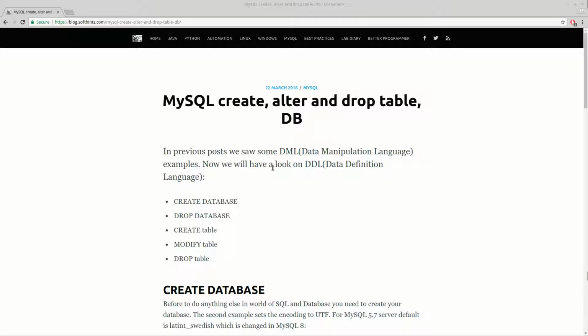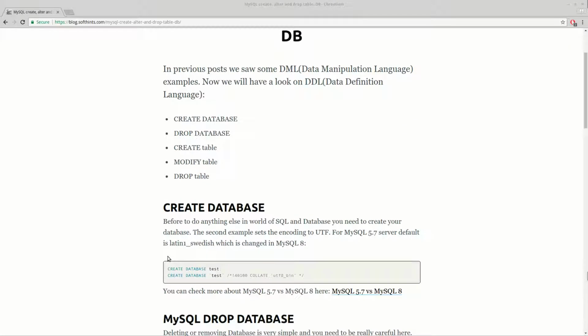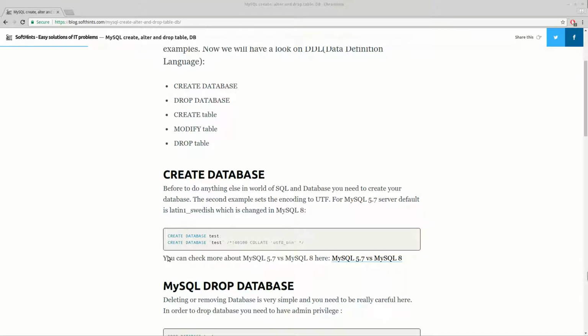2018. Today we will see some DDL or data definition commands, which are about creating databases and tables and dropping or modifying them. In the previous example we saw some data manipulation commands like update, create or insert. So before you do anything with SQL, you need to have data and tables inside a database,